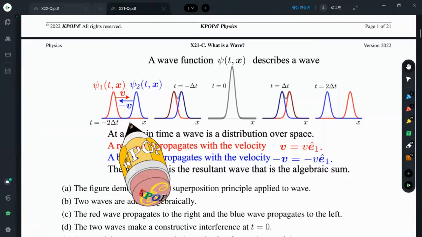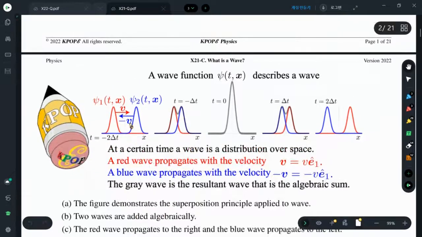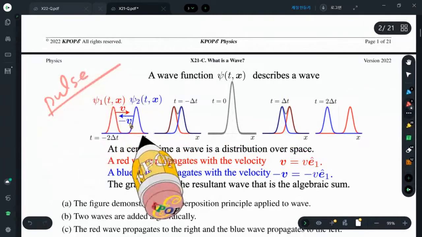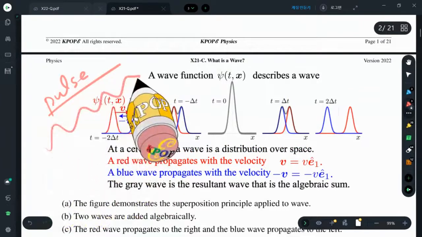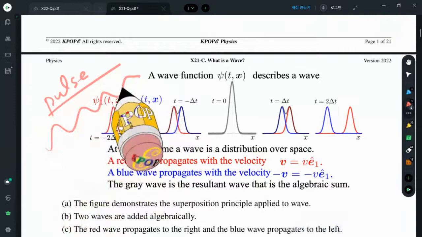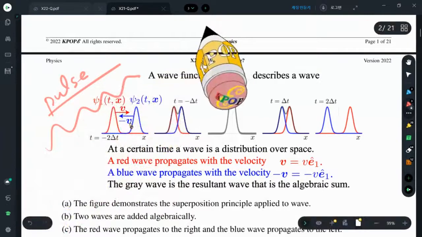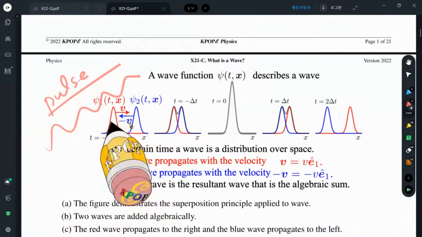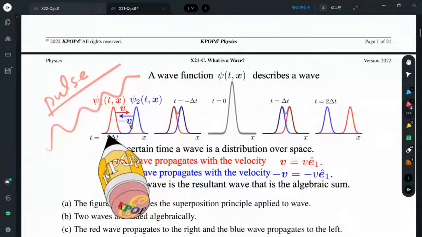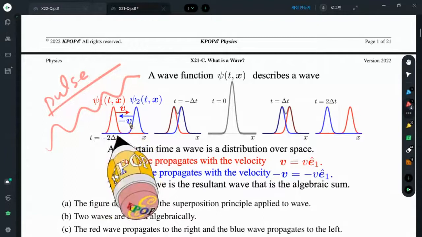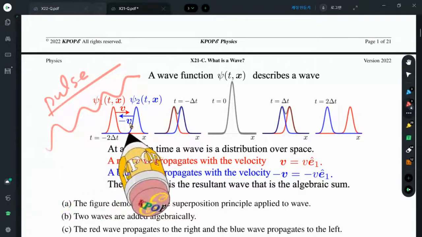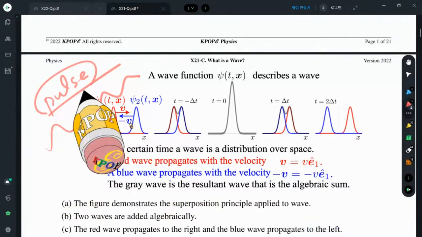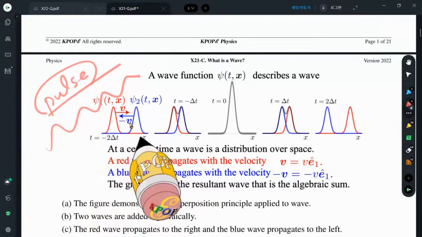And actually, we call this kind of wave a pulse. This is not a sinusoidal function that is wavy all over the space, but we have a wave in a certain region, and except for that specific region, there is no fluctuation. It is called a pulse. And two pulses collide,